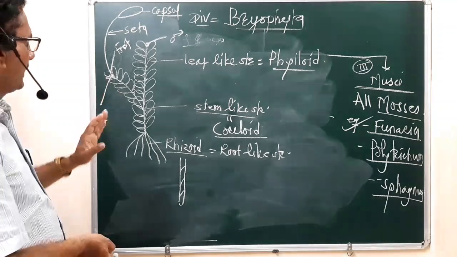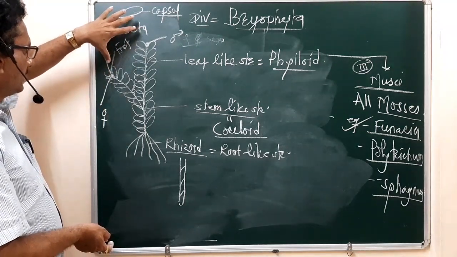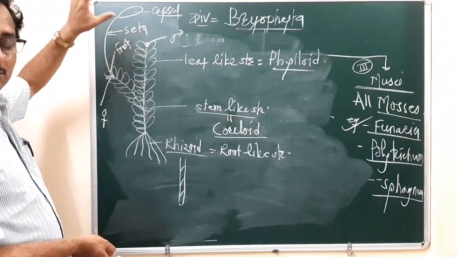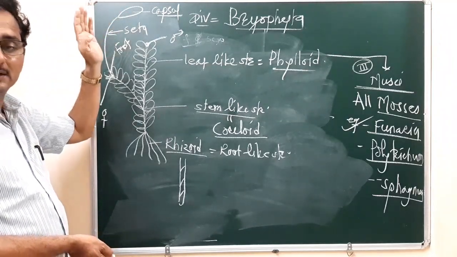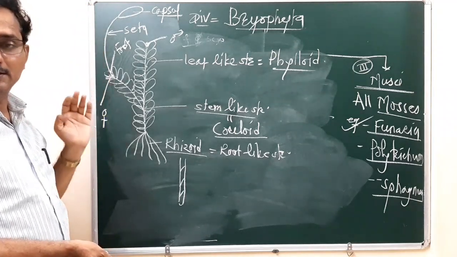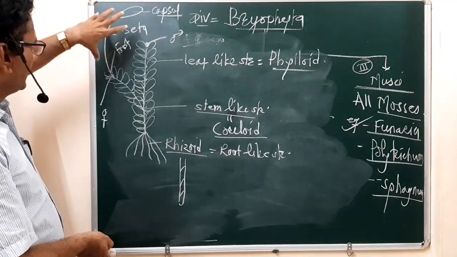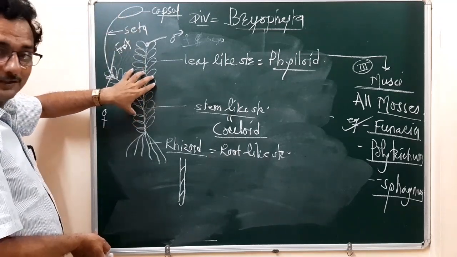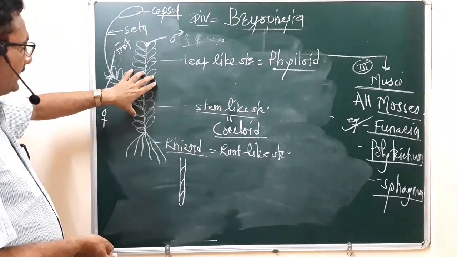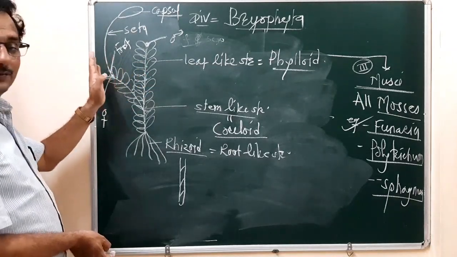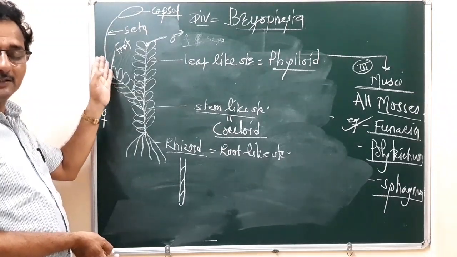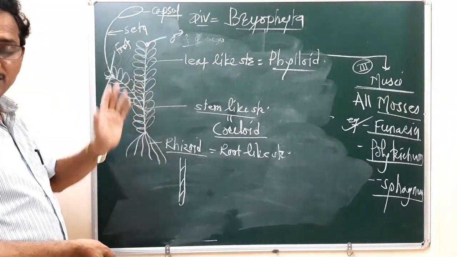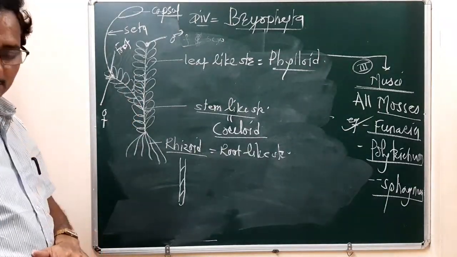So remember, students, as we have mentioned in a previous lecture, in the mosses there are two phases, the sporophytic phase and the gametophytic phase. See here, this is the sporophytic phase, and this sporophytic phase depends on the gametophytic phase. The sporophytic phase starts after fertilization, but it is not independent. It depends on the gametophytic phase in the case of bryophytes. So, students, you have to remember.